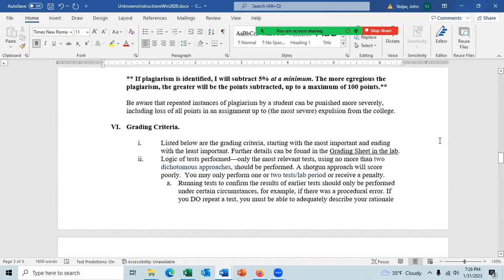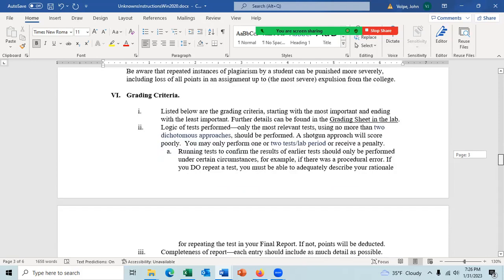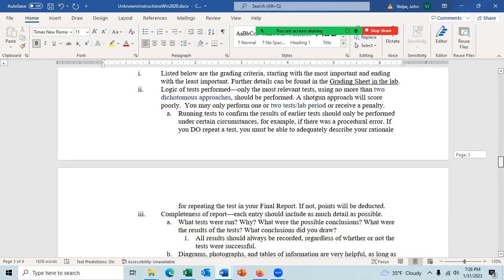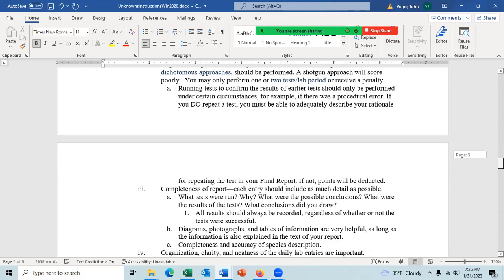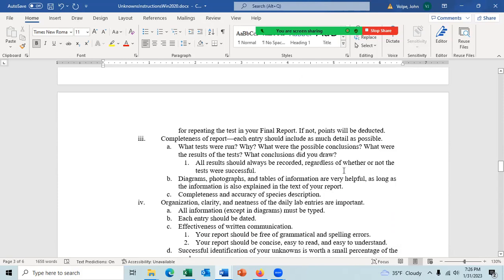The grading criteria, let me talk about that. You will be graded on dichotomous logic. You should have the completeness of the test, what tests were run, why you ran those tests, what the possible conclusions were, meaning what species were under consideration and what the test would show, and what conclusions you drew from the test.